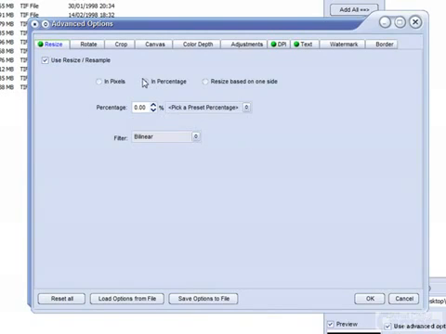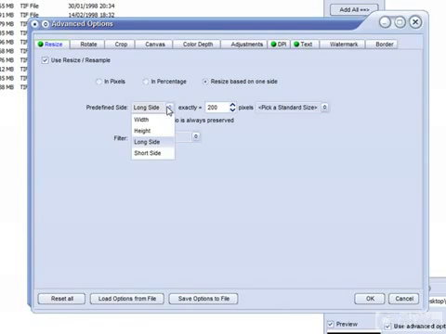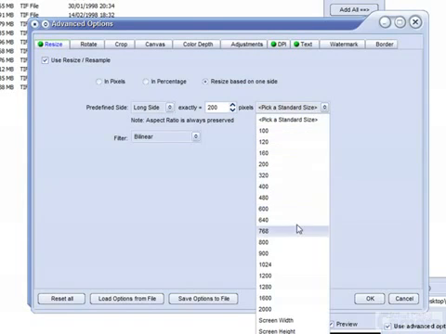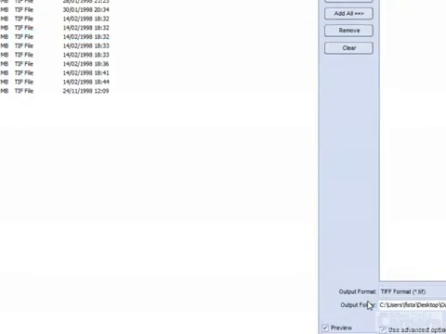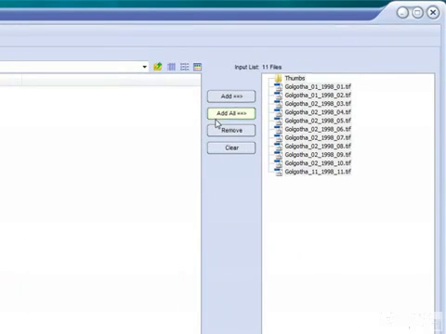Here we go, here's the meat of it, resize. Lots of options here. You can resize it in pixels or as a percentage, or resize based on one side and preserve the aspect ratio of each image so they don't get squished and pulled about. And we'll choose the long side, and there's a bunch of standard sizes you can resize to, all the way up to 2000. We want thumbnails. 200 is a good value for the pixels. Sticking with the bilinear filter, save that option to file, add our images,